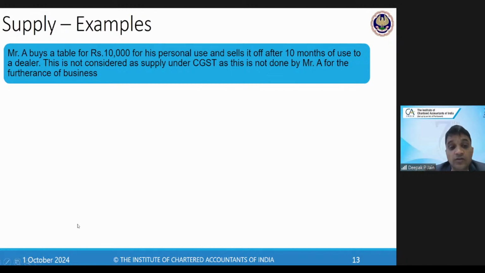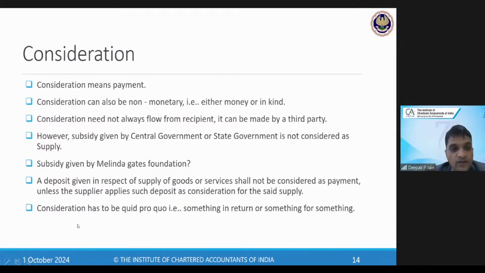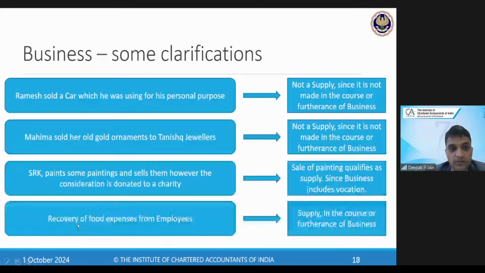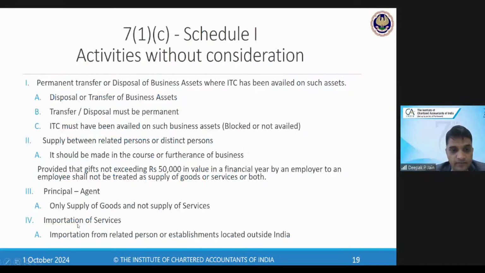Then we understood what is consideration, right? Very important. What is a consideration? Consideration can flow from anybody to anybody. It is not necessary that the recipient only has to pay it. And then we understood the definition of related person, right? We understood also what is covered under Schedule 1, which says that input tax credit